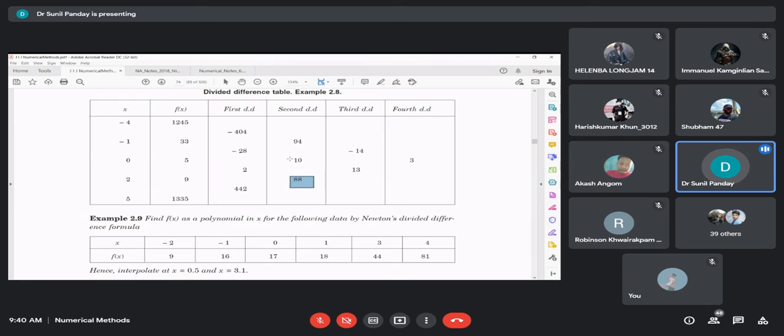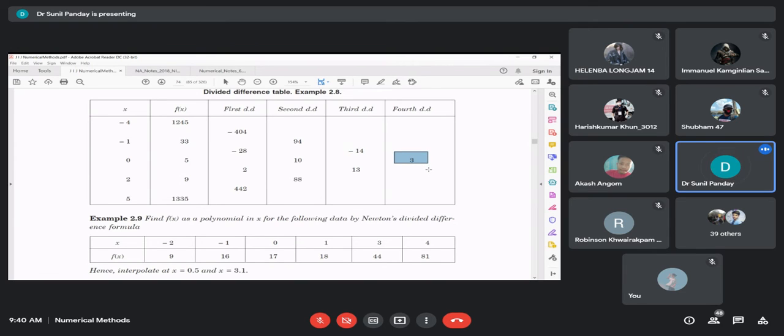Then 88 minus 10, that is like 78, divided by this 5 minus minus 1, 6, you will get 13. And then 13 minus of minus 14 is 27, and 27 divided by 5 minus of minus 4, that is 9, you will get 3. So this is the f of x naught. This is f of x naught x1. This is f of x naught x1 x2, f of x naught x1 x2 x3, f of x naught x1